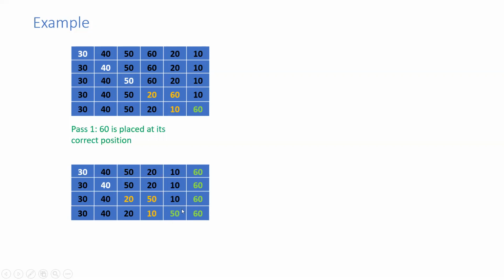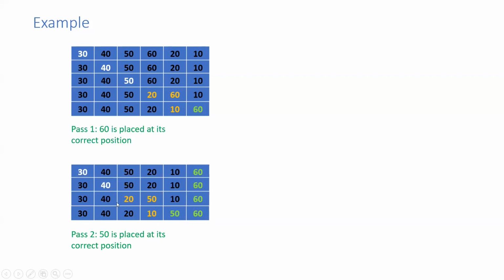And fifth, we should be picking up the fifth element in the array and comparing it with the next element. But we will not do so, as the last element in the array is already at its correct position. So we will not actually pick up the fifth element here for the comparison, and we'll stop here. And if you observe, by this time, the next highest element in the array is placed at its correct position, that is 50. Now there are 4 elements left which are not in the sorted order.